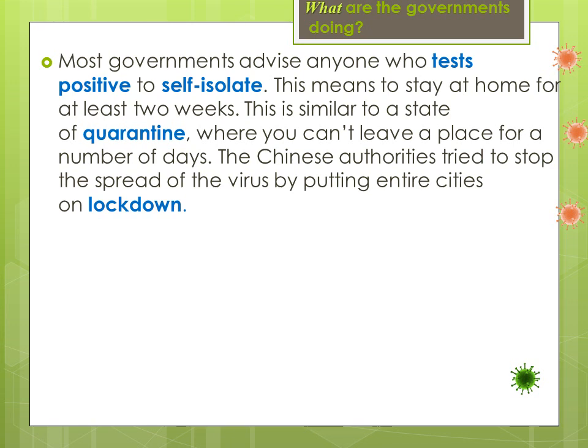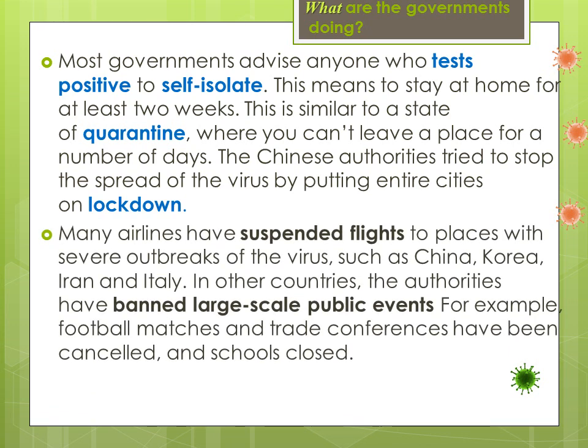Many airlines have suspended flights to places with severe outbreaks of the virus, such as China, Korea, Iran, and Italy. In other countries, the authorities have banned large-scale public events, for example, football matches and trade conferences have been cancelled